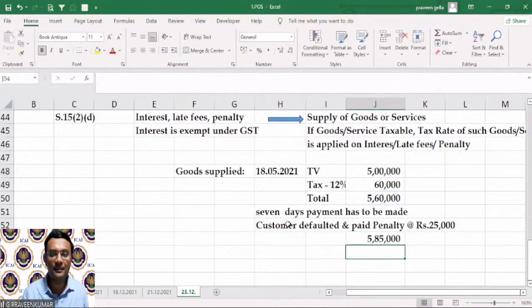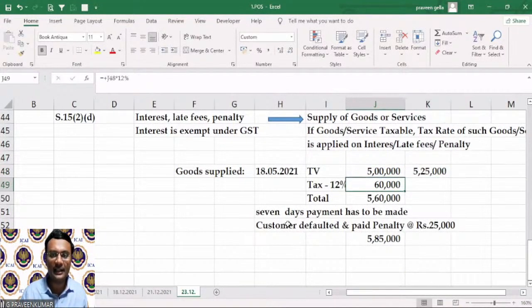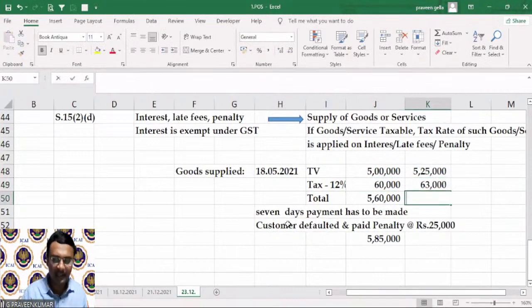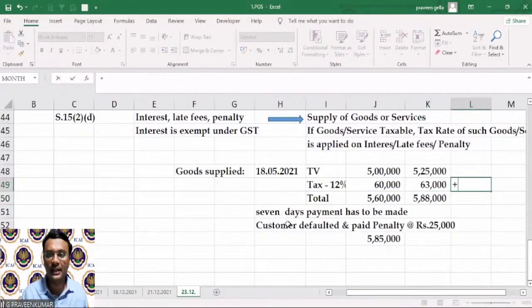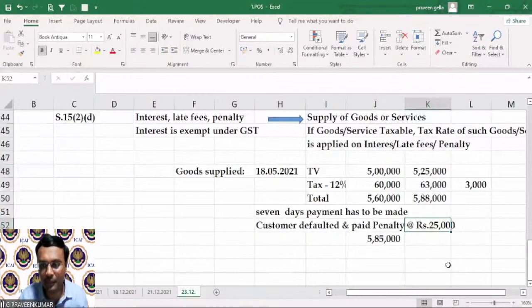So what happens here? My transaction value will be 5 lakh plus 25,000. So on that, I apply GST at the rate of 12%, and this is how it becomes. So here, the gap between my original tax and this 3,000 is the GST on a sum of rupees 25,000. So I, as a supplier,